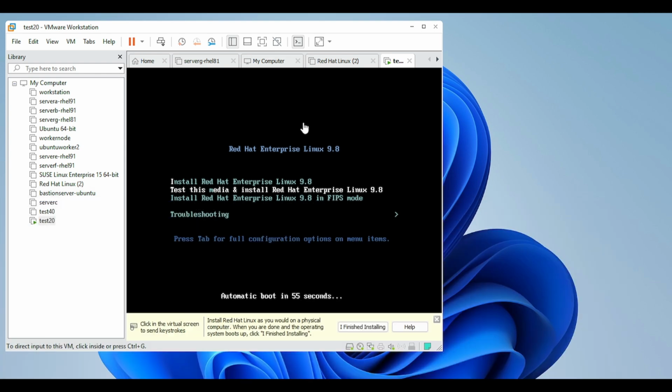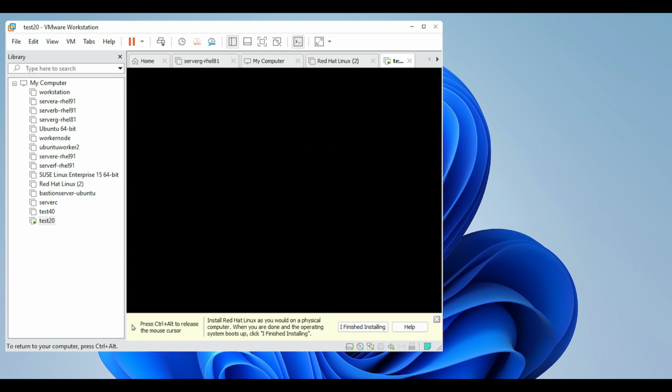Now you are seeing this window on the screen: Install Red Hat Linux 9.8 and Test and install in FIPS mode. Troubleshooting is not required. You only need the highlighted option: Shift I, then press Enter. In this way you can install, or the install will begin.